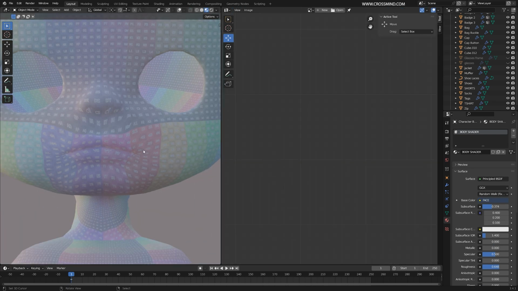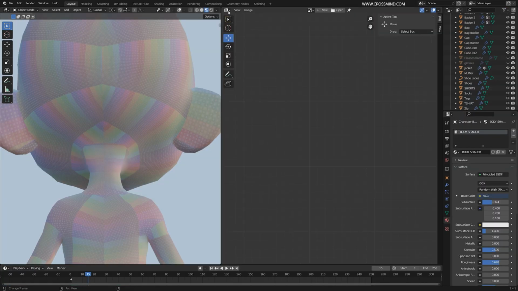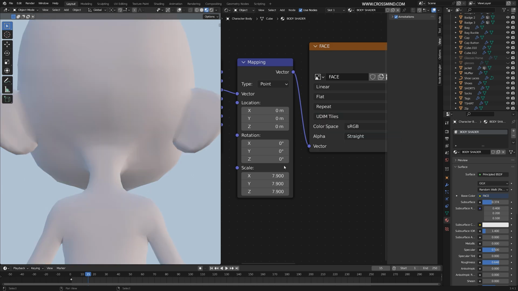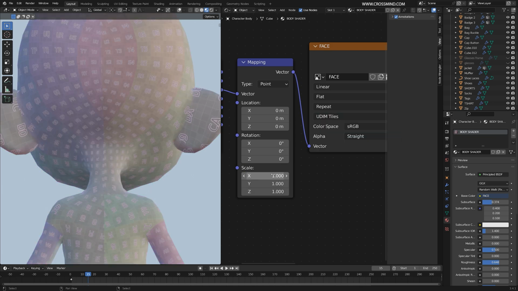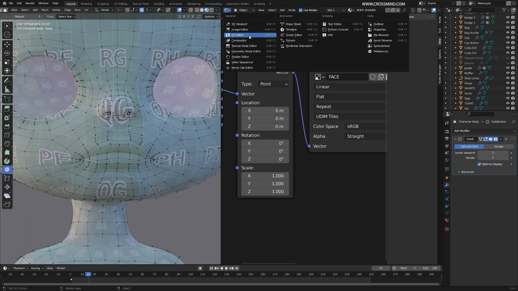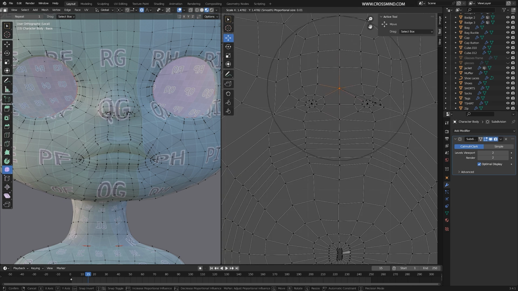And now we can go back to our shader editor, change it back from single image to UDIM and texture scale to 1. And let's see. Yeah, this looks fine. Just thinking in the nose area as well, we can use a bit of relaxation right